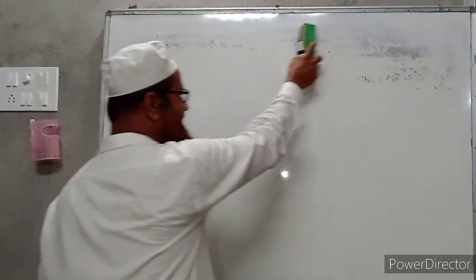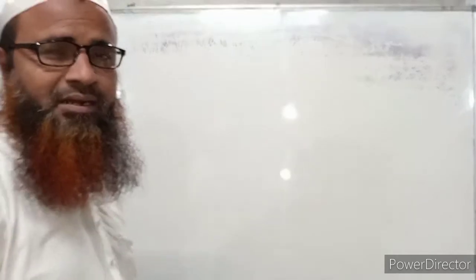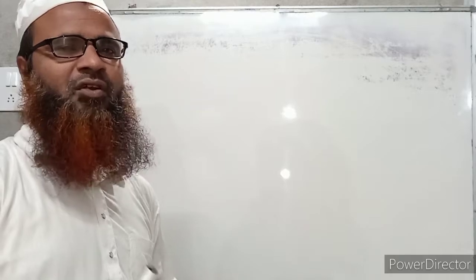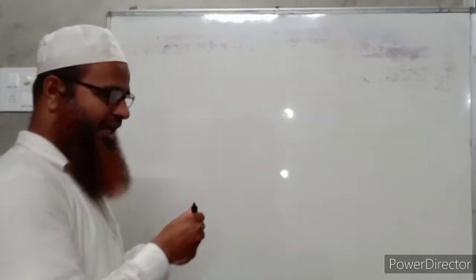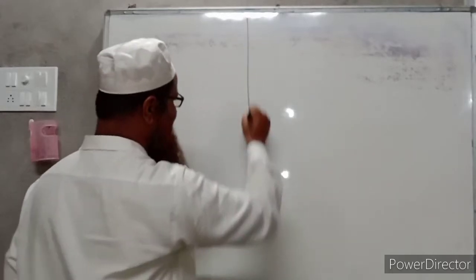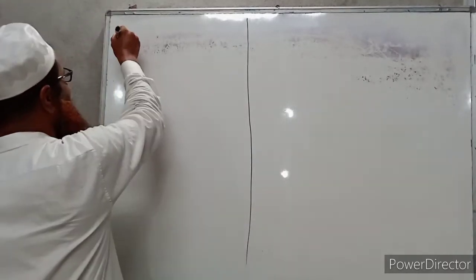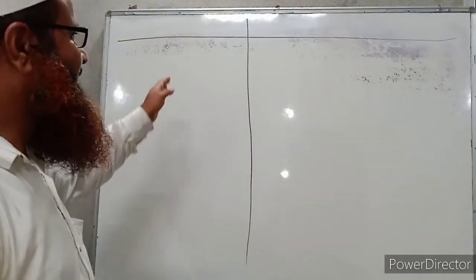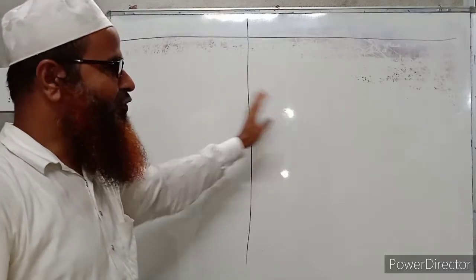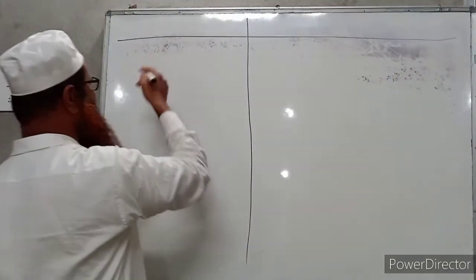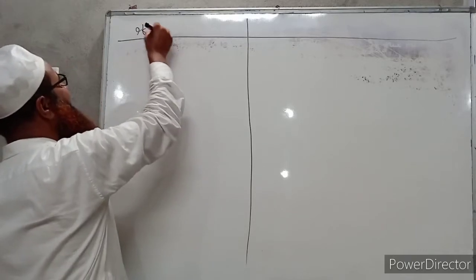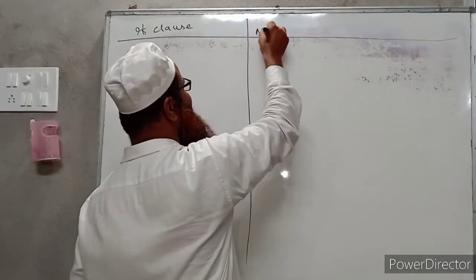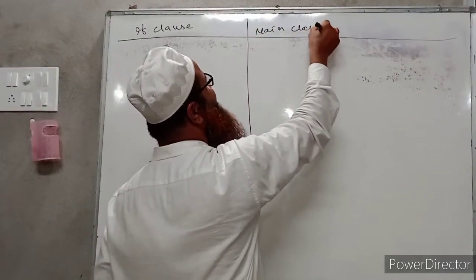So conditional sentences, there is the word of condition, that is if, in most of the conditional sentences. So here I will make a chart to make you understand it better. So you see I have made two parts here. One is if clause. I am writing here if clause. If clause means it indicates condition. Then here main clause or principal clause.